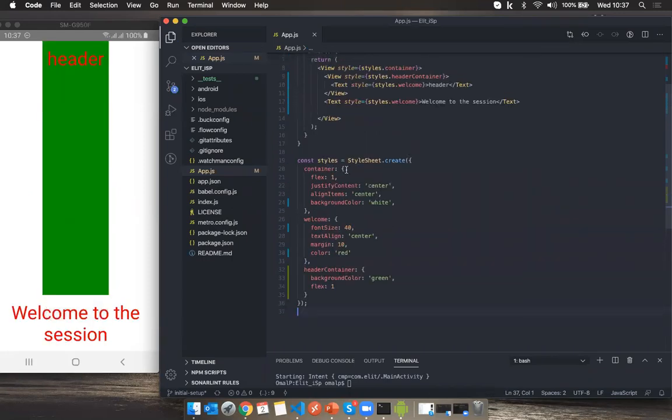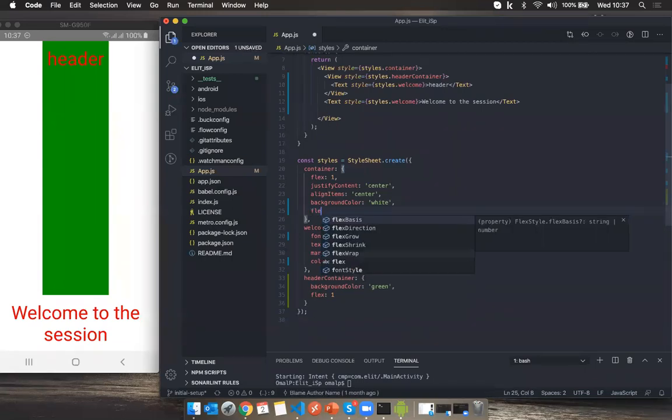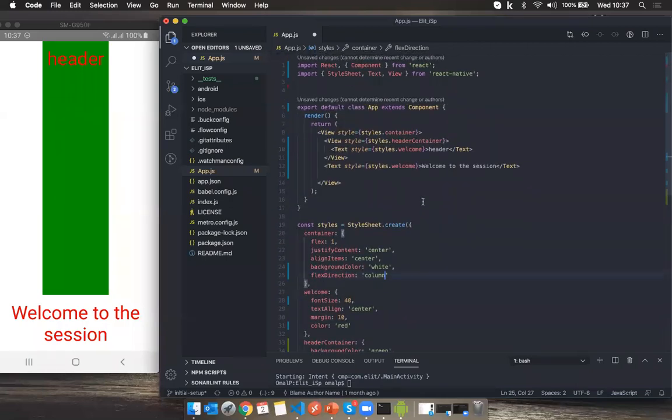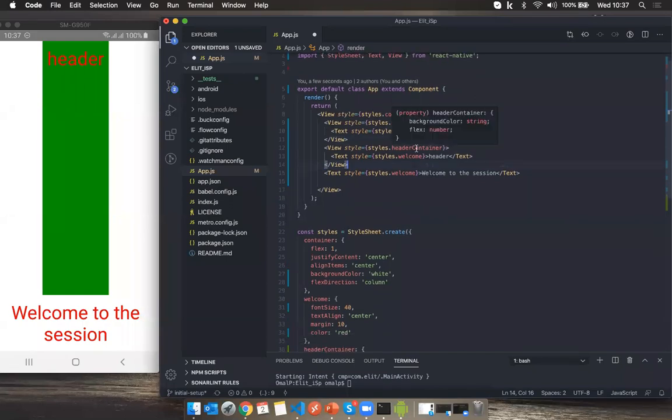Okay, let's go and add here. And I'm going to add another section for the list view. Repeat, copy and paste it, and I call this a body container.